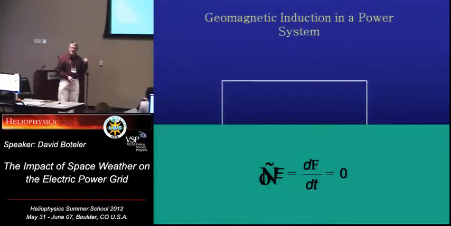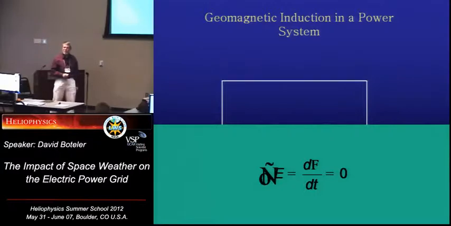There's often a lot of confusion about the actual process of induction into a power system. And what I'm trying to show here is the green is the Earth. If this is a substation here, power line along here, and substation coming down here, so your circuit is like that. The great temptation is to use Faraday's law and say, okay, the electric field around that loop is due to the changing flux through that loop.